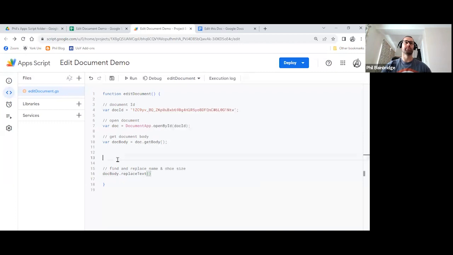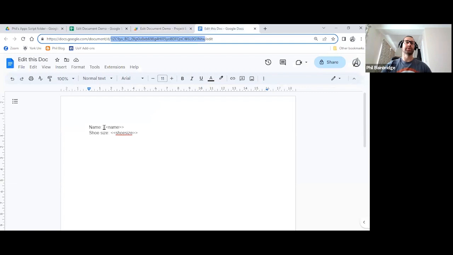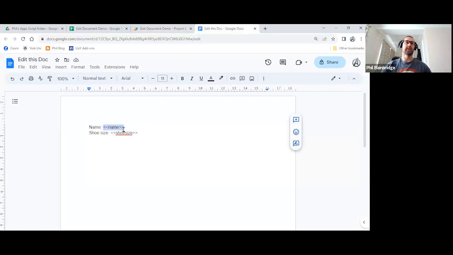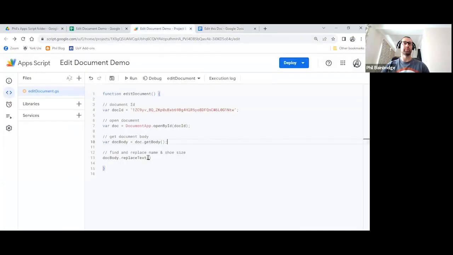as a string. So for us, back in the document, our search pattern was this particular tag that we mentioned earlier. That is what we want the AppScript code to go into the entire document and find. So I'm going to highlight and copy that because I don't want to make any typos. And inside single or double quotes, I'm going to paste that in. Also, after the quote, I'm going to put my comma in.